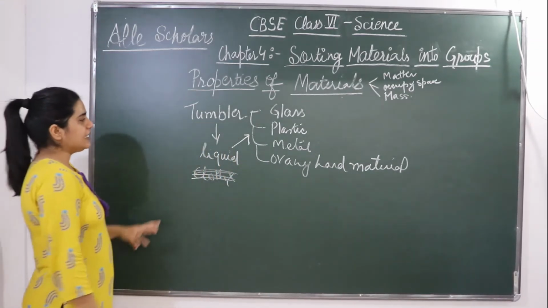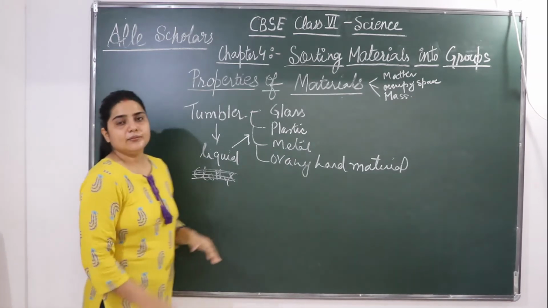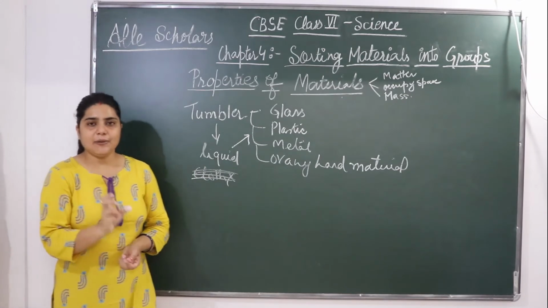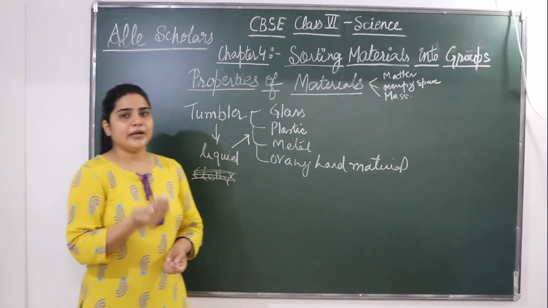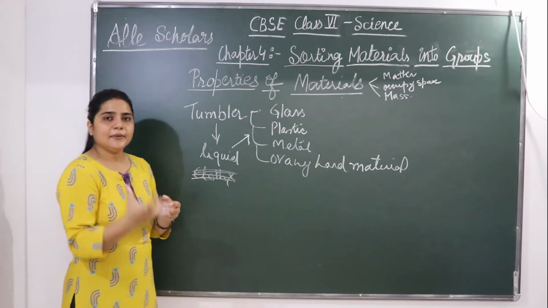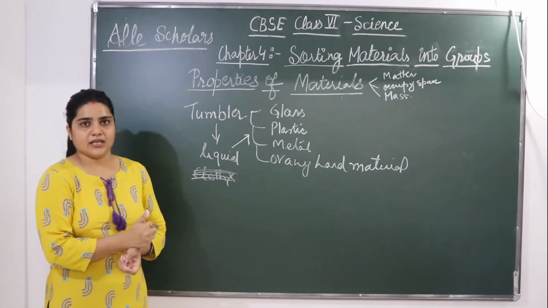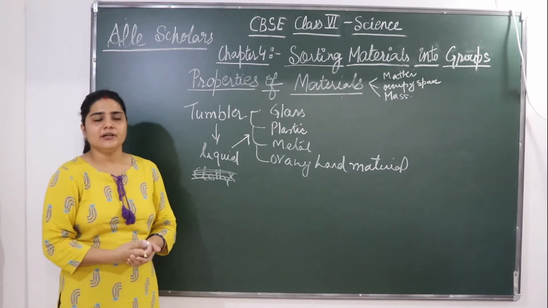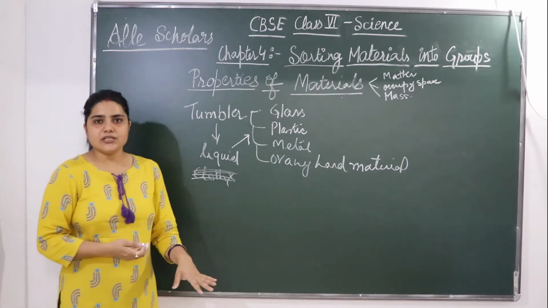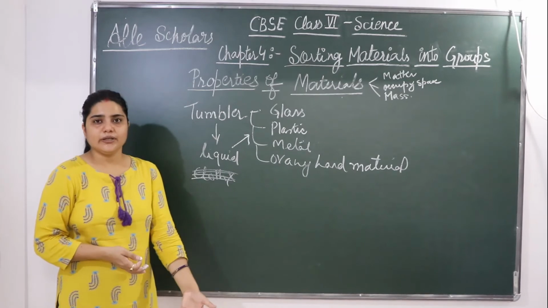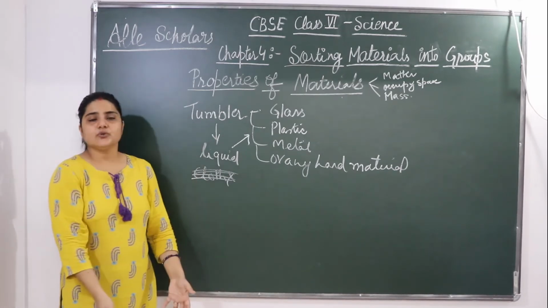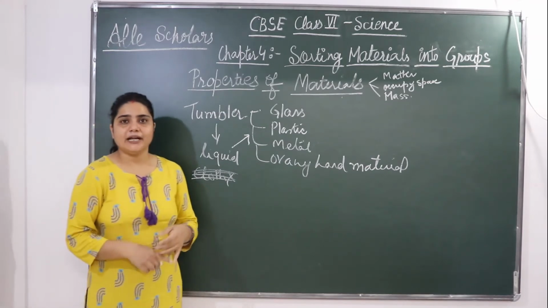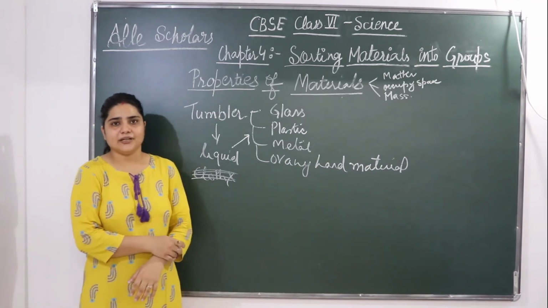Okay, so we have seen that a particular item needs a particular material to be made up of. किसी भी particular item को हमें एक particular material से ही बनाना होगा. हम किसी भी चीज से किसी चीज को नहीं बना सकते. Suppose there is a chair. If you make it of paper, will you be able to sit on a chair? When you are trying to sit on it, it is going to fall down. You will fall down. So you have to make it either of metal or plastic or some hard material.